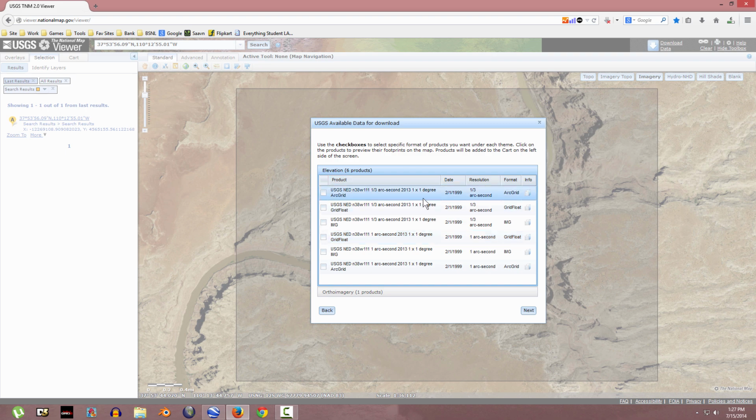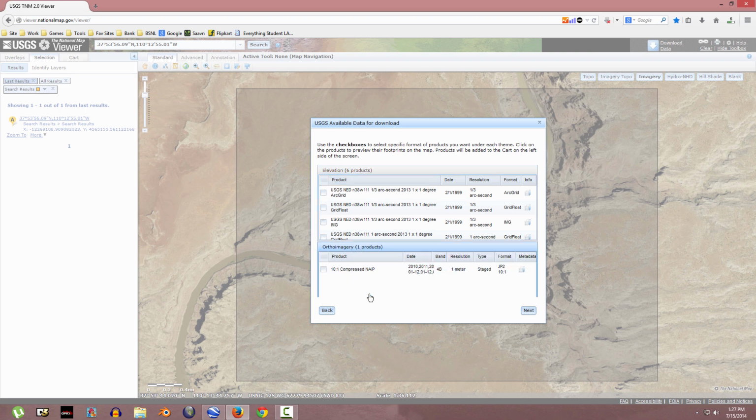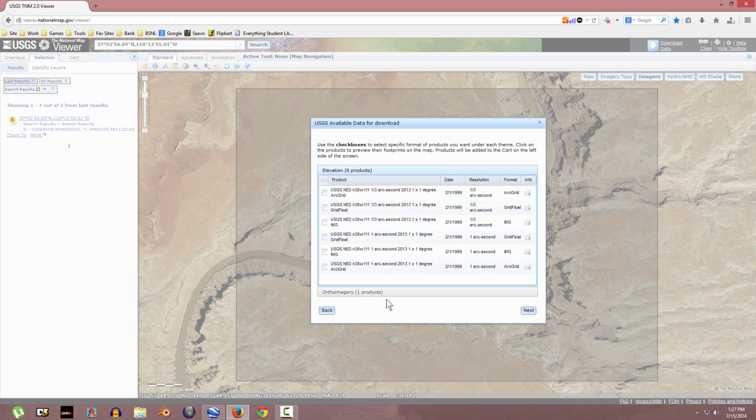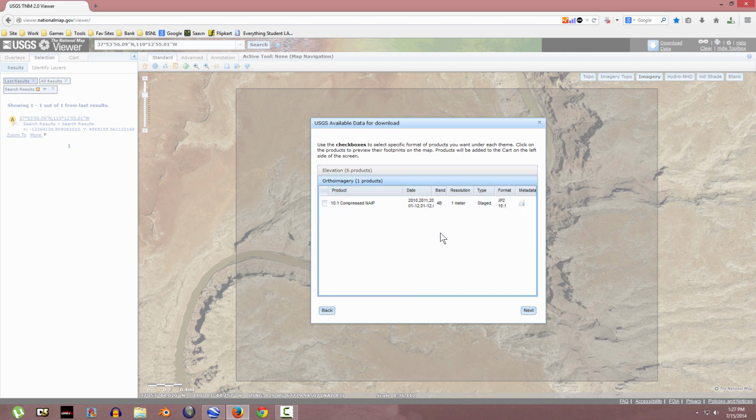and in that you will see lots of options, but there will be two products, product 1 and product 2. In the first option you will have to download the arc grid 1/3 arc second, because 1/3 arc second is the highest available quality of that elevation data. And in the ortho imagery product we will just select 1 meter staged JPEG 2000 and then click next,